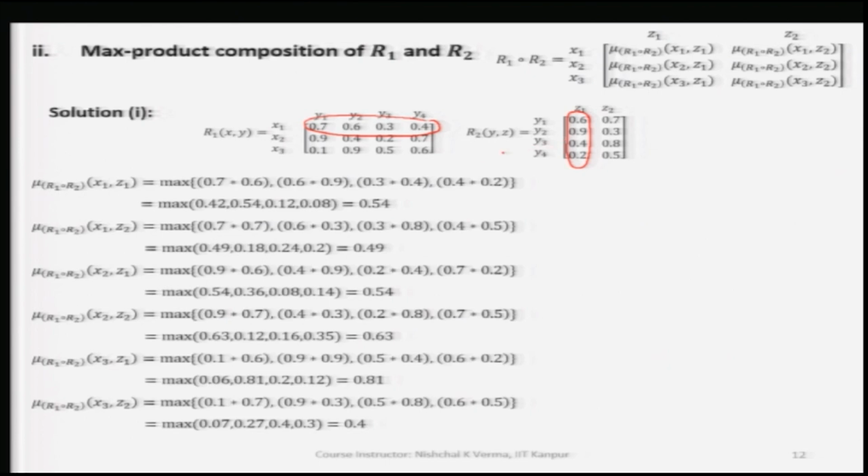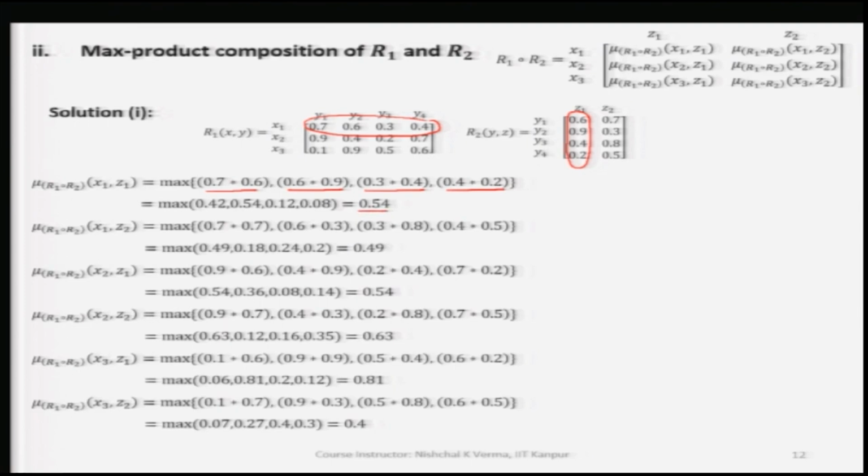Since we are dealing with max product composition, we will multiply 0.7 and 0.6, then 0.6 and 0.9, then 0.3 and 0.4, and then 0.4 and 0.2. Now, these multiplications will result in 4 values, and when we take the max of them we are going to get